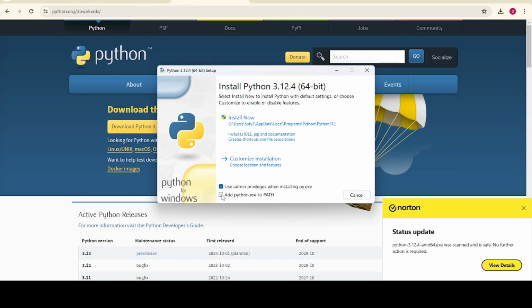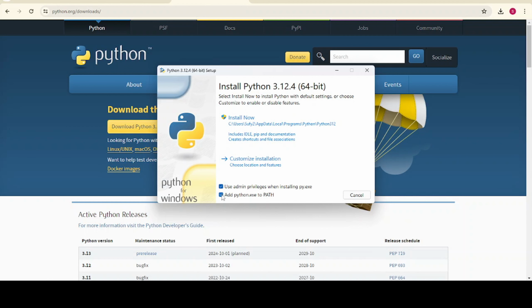But before installing, you have to check this one. It's very important. It's going to add the python.exe to the path. So you don't have to configure or set the path. Automatically it's going to set the path for you, and you can access Python from anywhere within your